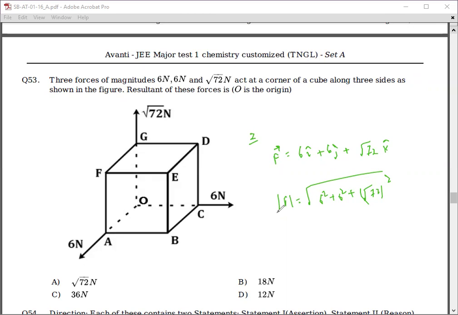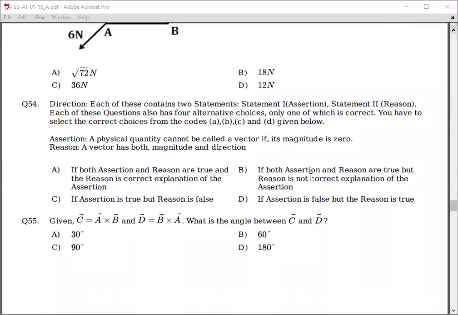So 144 का अंडर रूट कितना होता है? 12. The answer is D. बन गया? Yes, correct Sampada. Okay. Now 54. 54 जैसे सवाल बहुत आएंगे, सबसे नीचे में सवाल काफी आएंगे अब सिलेबस में।